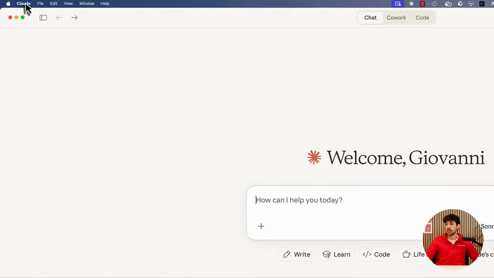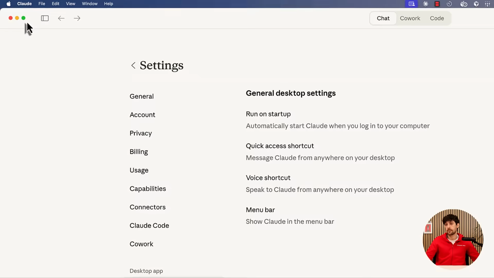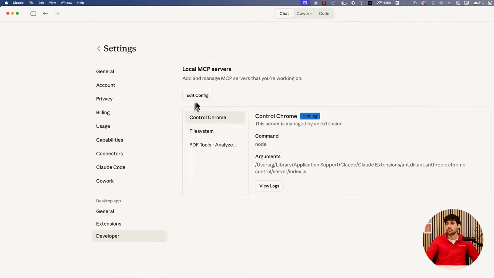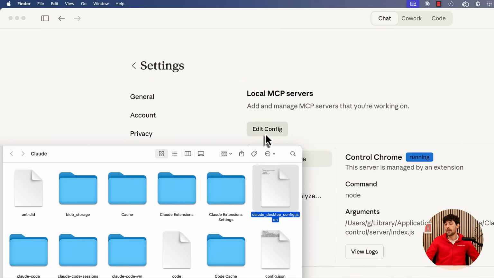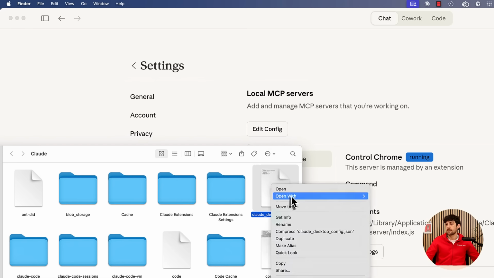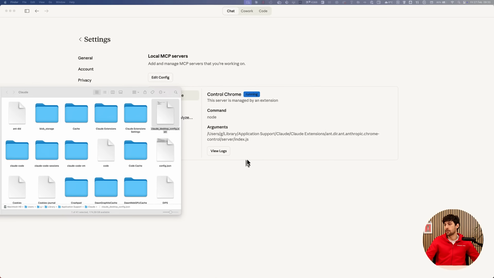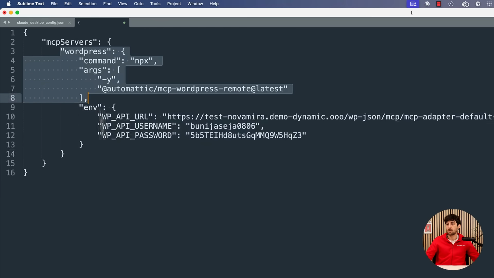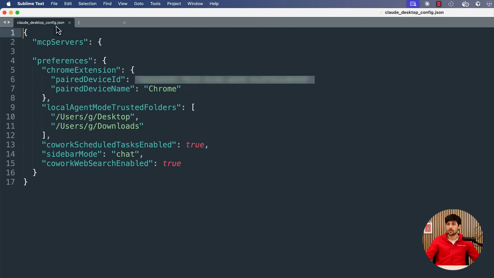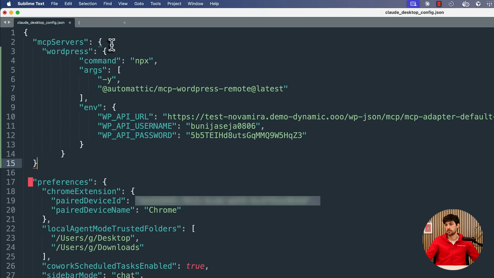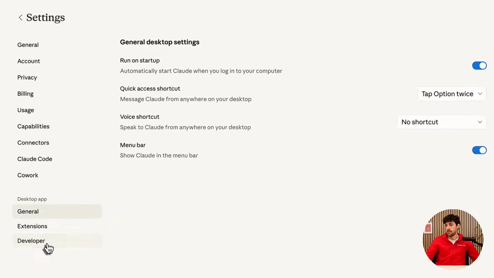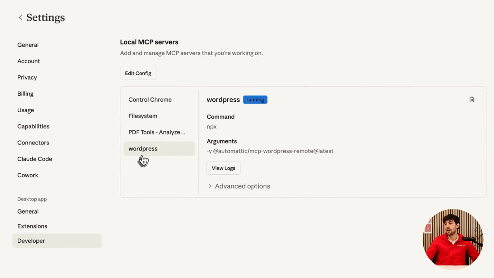commands. And after opening Claude, we go to Settings, and in the Developer tab, we click on Edit Configuration, and with any text editor, we open the configuration file, and here we copy this part of the commands after MCP servers. After restarting Claude, if we go back to the settings in the developer section, you'll see that there's the